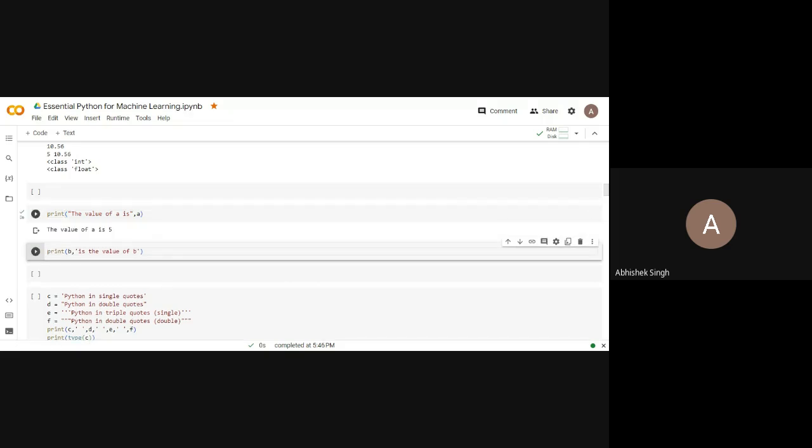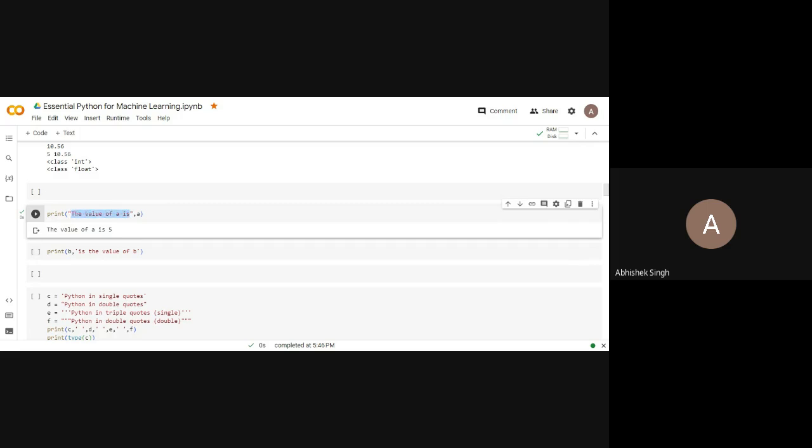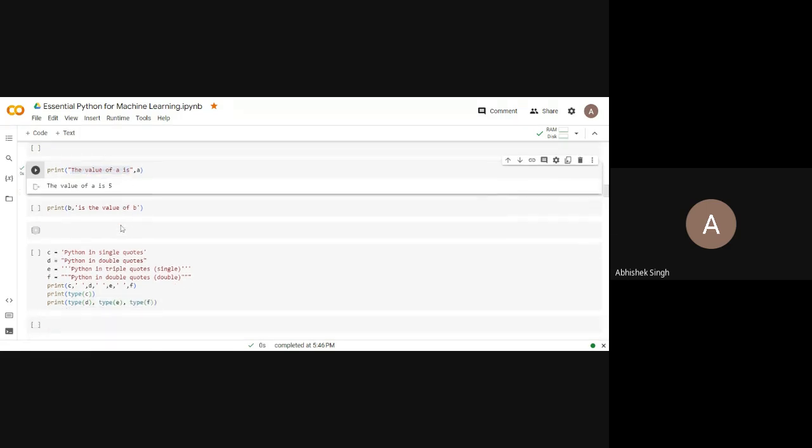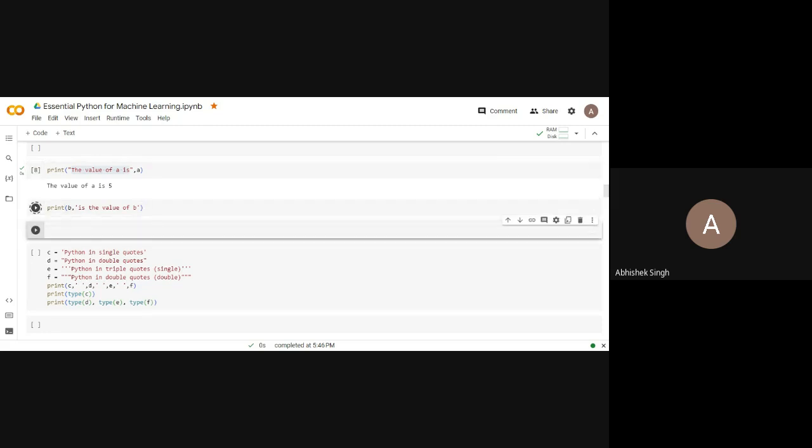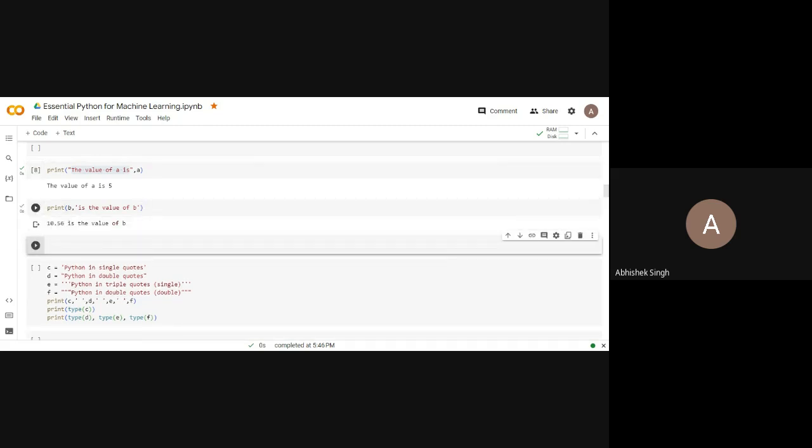So let me run this. This is the value of a is, which is within quotes so it is printed as it is, and this 5 is printed here. Similarly, print b: b is written without quotes, so its value will be printed, and in quotes I have written is the value of b. Let me check. So here it is, 10.56 is the value of b.